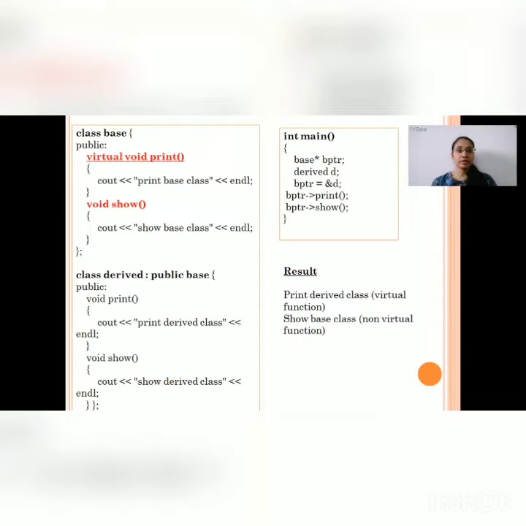Let's see a program using virtual keyword. Suppose this is a base class and there is one function defined in a base class, that is virtual void print, and the output of this function is print base class.